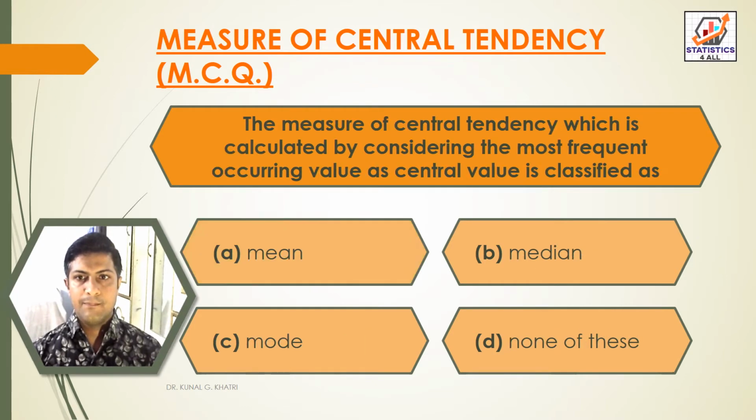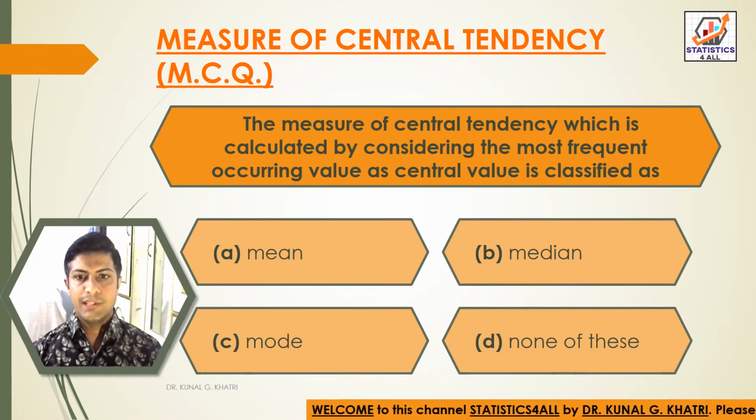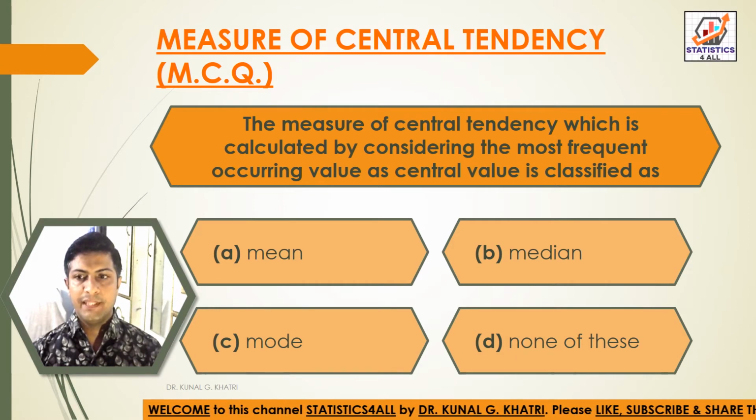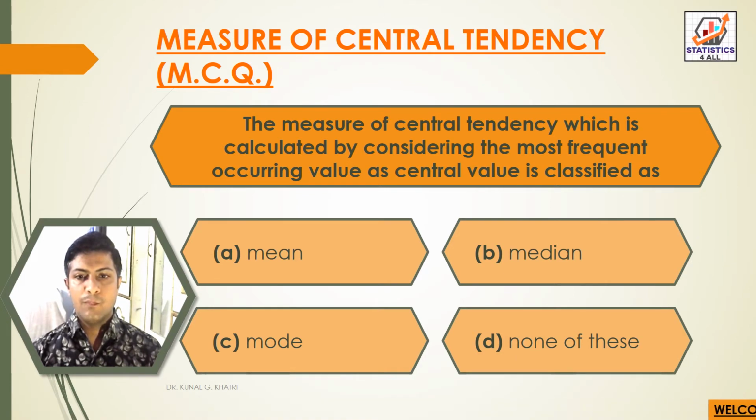Next question, the measure of central tendency, which is calculated by considering the most frequent occurring value as central value, is classified as option A, mean, option B, median, option C, mode, and option D, none of these. So here we have answer option C, mode. The measure of central tendency, which is calculated by considering the most frequent occurring value as central value, is classified